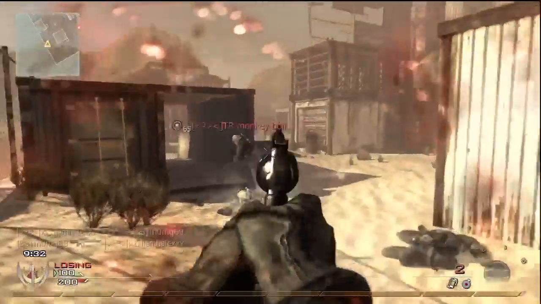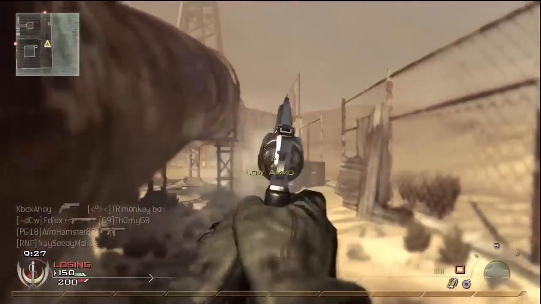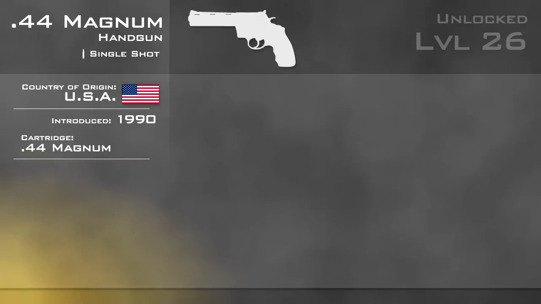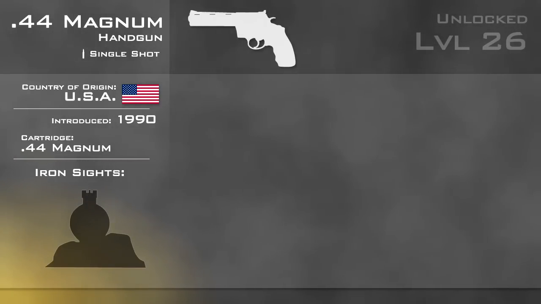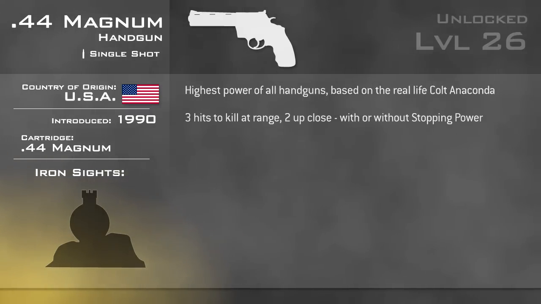The Anaconda is a large-framed revolver firing a high-calibre cartridge, the 44 Magnum, from which this weapon takes its name in-game. The 44 Magnum is a hard-hitting round, and this is reflected in Modern Warfare 2 as the Magnum deals the highest overall damage of all handguns. In practical terms, this means it will kill in 2 rounds up close, or 3 at a distance, with or without stopping power. Stopping power has a slight effect at middle ranges, but the Magnum is the handgun that benefits